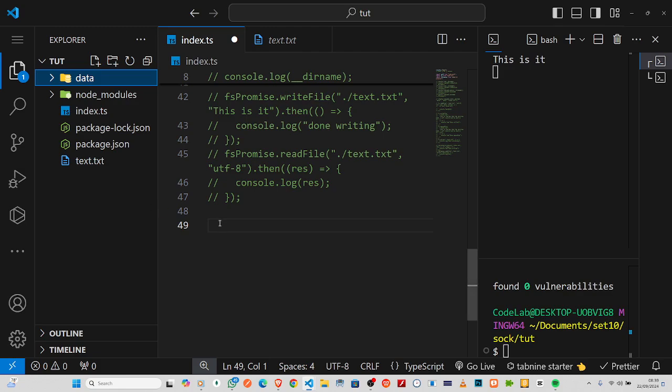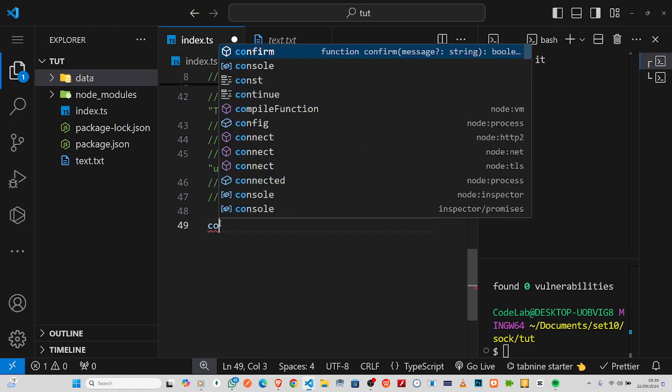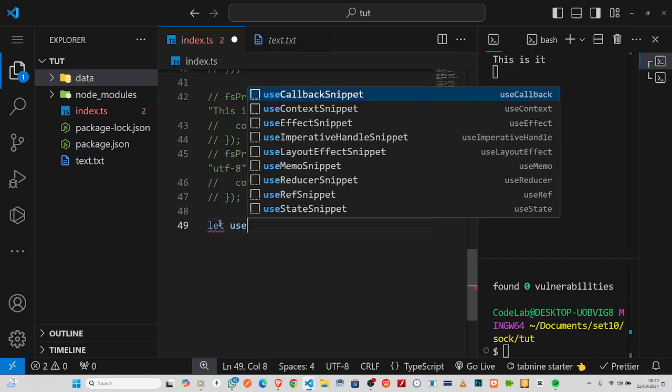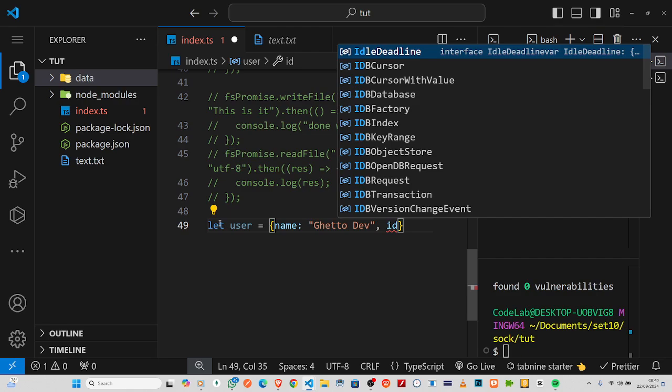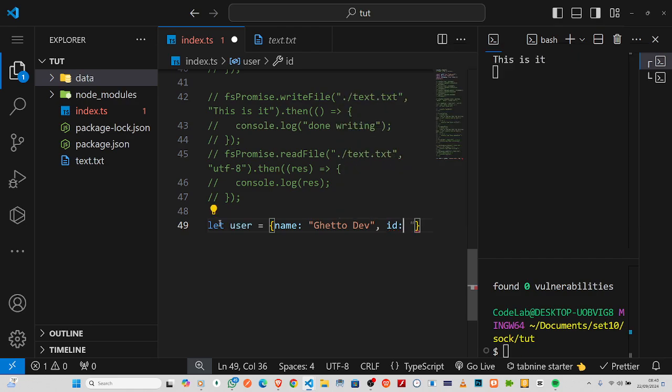So inside that data, I would like to do something like, let's say let user be equal to an object. So pass name to be, let me say get to dev, then we'll say id to be